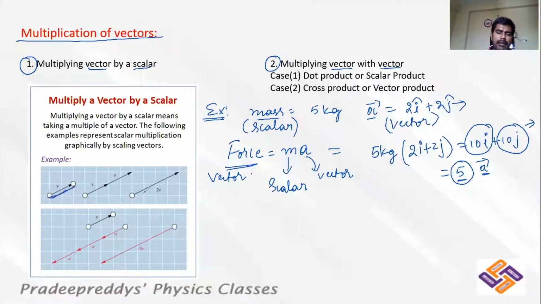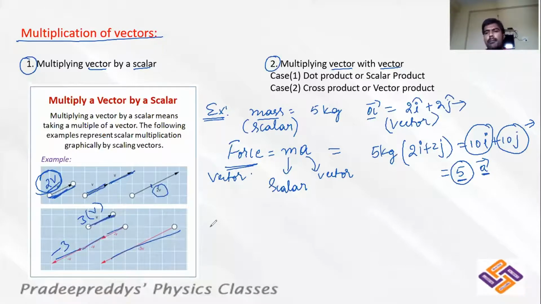For example, in this figure, you can see this is vector v bar. You are multiplying with 2 so that it becomes 2v. What does this 2v mean? 2v is equal to v bar plus v bar. V bar plus v bar gives you 2v. What has happened? The vector magnitude is increased 2 times. Similarly, we have v bar. If this vector is multiplied with 3, then it becomes 3v. 3v is nothing but v plus v plus v. So in total it is 3v. As it is in the opposite direction, it should be minus 3, right?